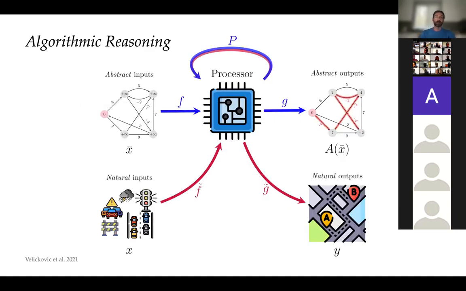And this is related to a more general category of machine learning methods called algorithmic reasoning. And I think Petar mentioned it in his lecture as well. When it comes to abstract data such as graphs, we do have a very established way of working with them. So if you want, for example, in Google Maps to predict the travel time from one point to another, you could apply something like the Dijkstra algorithm that computes the length of the shortest path in a graph. These are standard techniques that are used in routing and in geographic applications and so on.